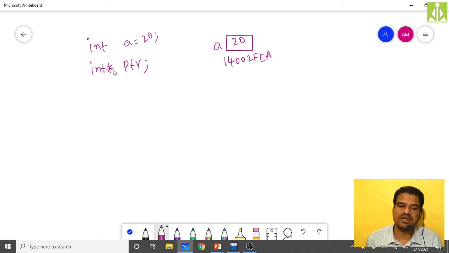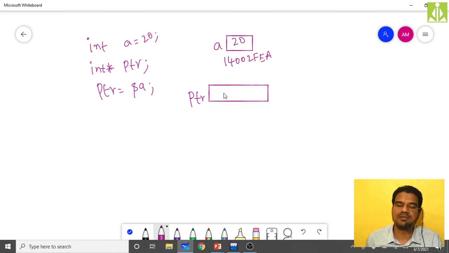In the next line, ptr = &a, so I am storing the address of a into ptr. ptr is also a variable and it will have some memory, but it is a special type of variable, a pointer variable.